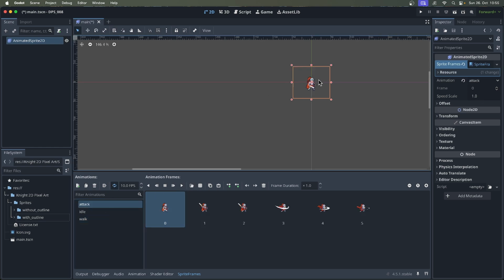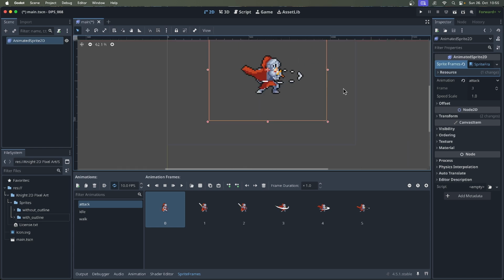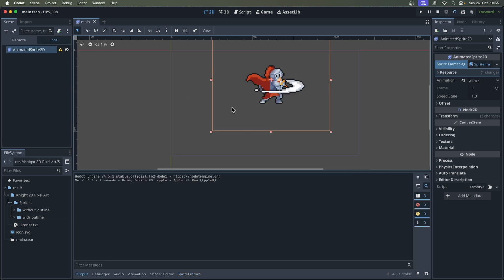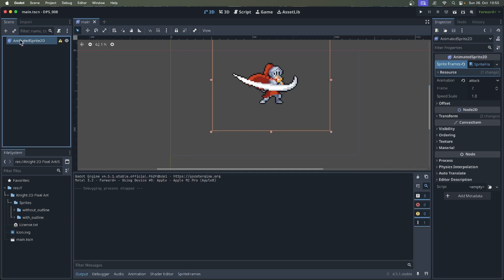the animations by testing them like this. You can now make this bigger, holding shift and drag on those handles. Run the current scene, and you will see no animation is being played because we need to add a script